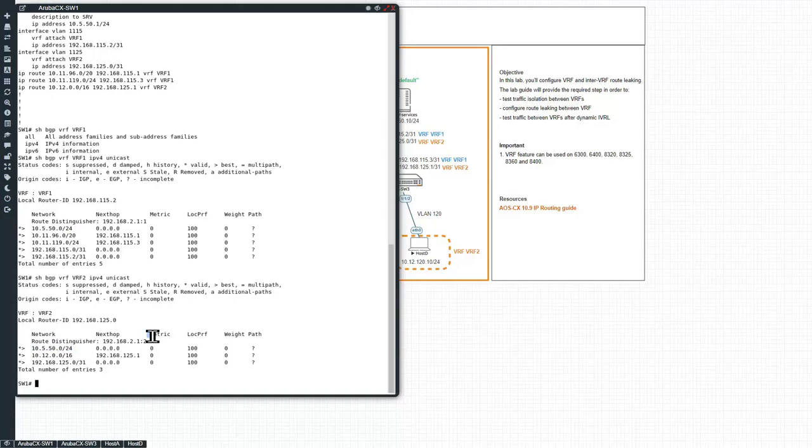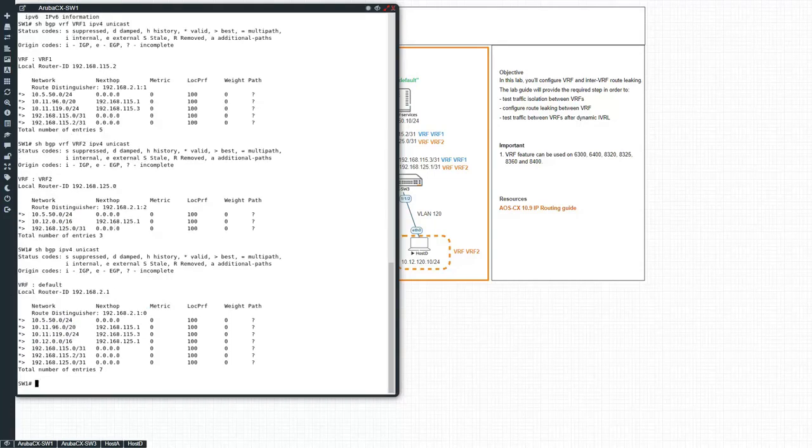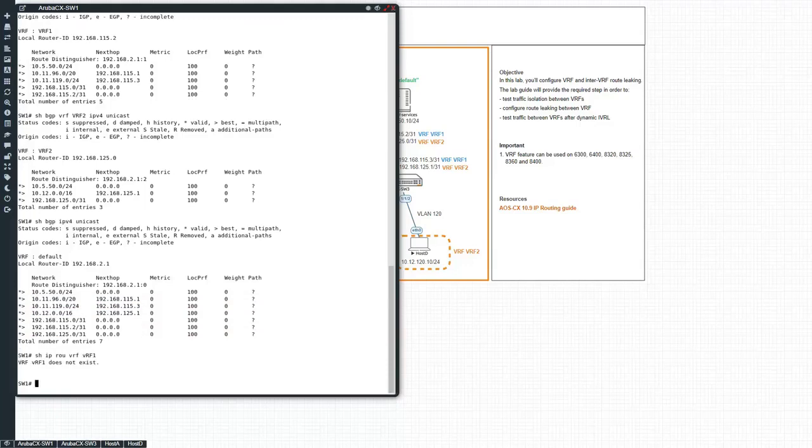If I check the default VRF, I simply have to remove the VRF keyword because by default this is VRF default. You see that I receive the route from VRF1 and the route from VRF2. Now let's take a look at the routing table for VRF1.